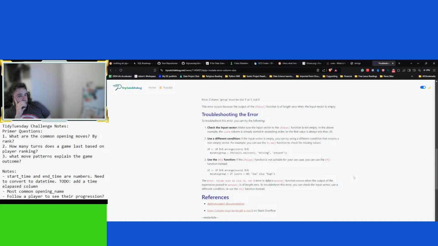Actually, input vector is not empty in the above example. If the input vector is empty, you can try using, okay.